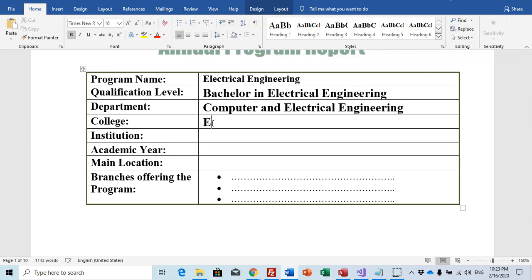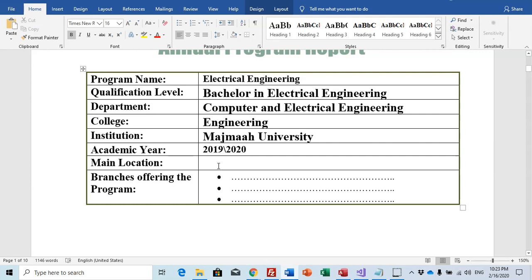College, engineering. Institution, Majma University. Academic year 2019-2020.